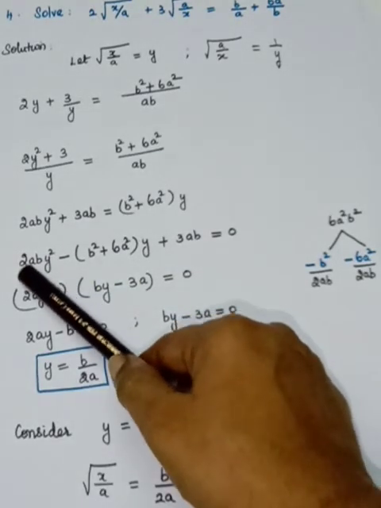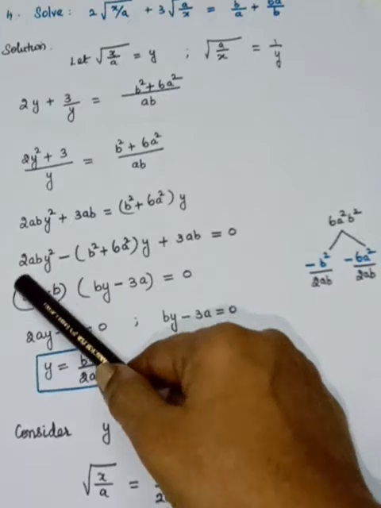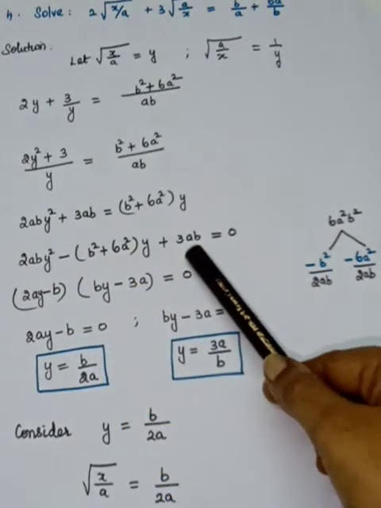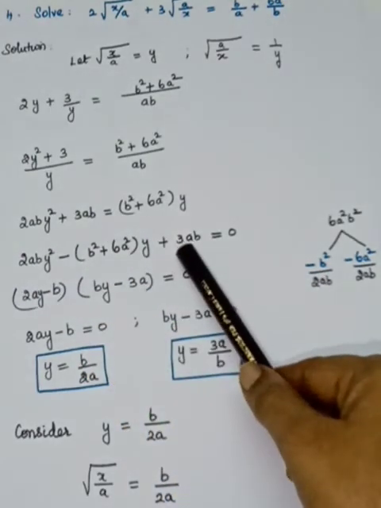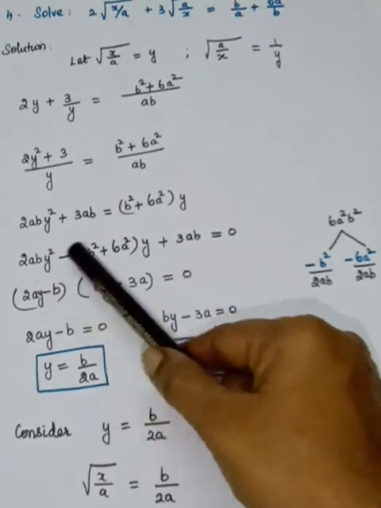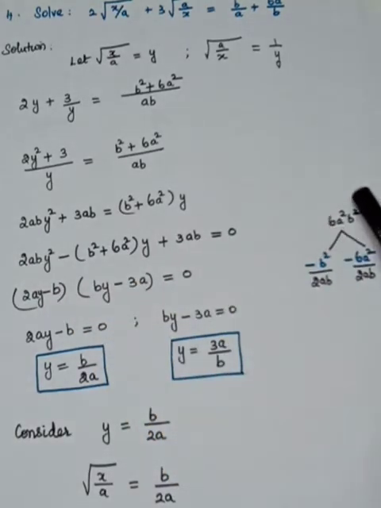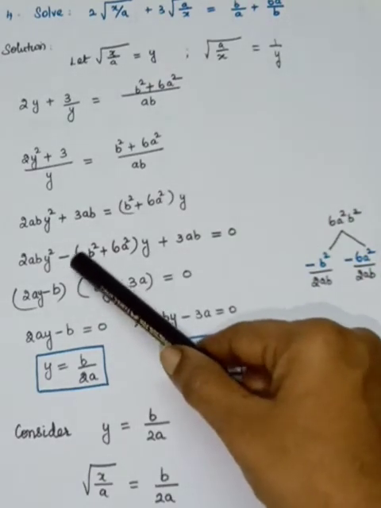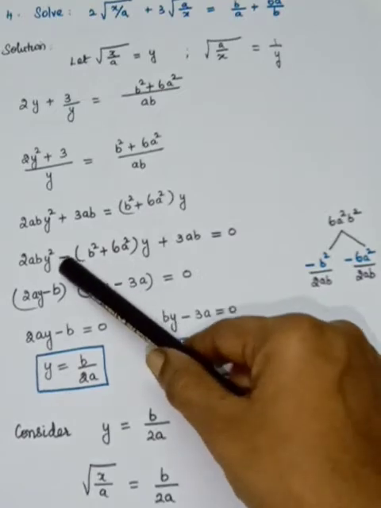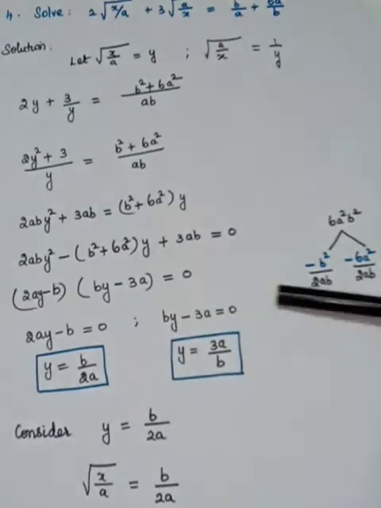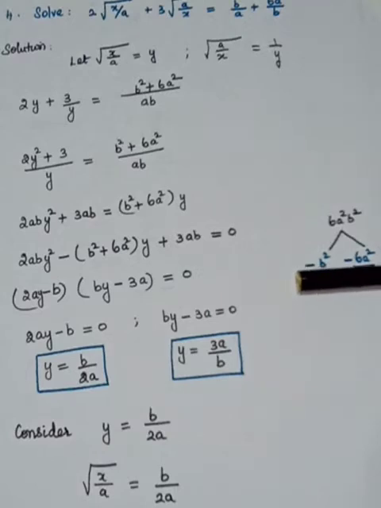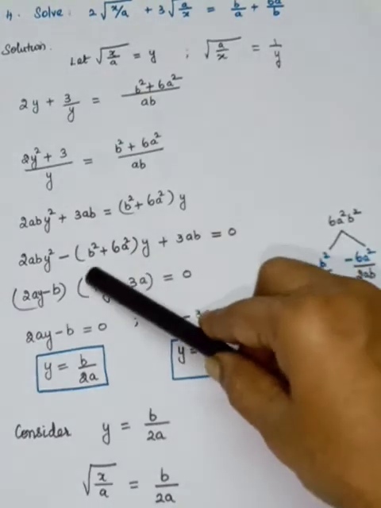What is the y squared product? The y squared coefficient is 2ab. It has to be multiplied with the constant. So 2 into 3 is 6, a into a is a squared, b into b is b squared. So the product is 6a squared b squared. When you add the two terms, you have to get minus of b squared minus 6a squared. So here I have taken the two terms minus b squared and minus 6a squared. You take the product, minus into minus plus 6a squared b squared. You are getting that. And when you add these two, you will get this answer.